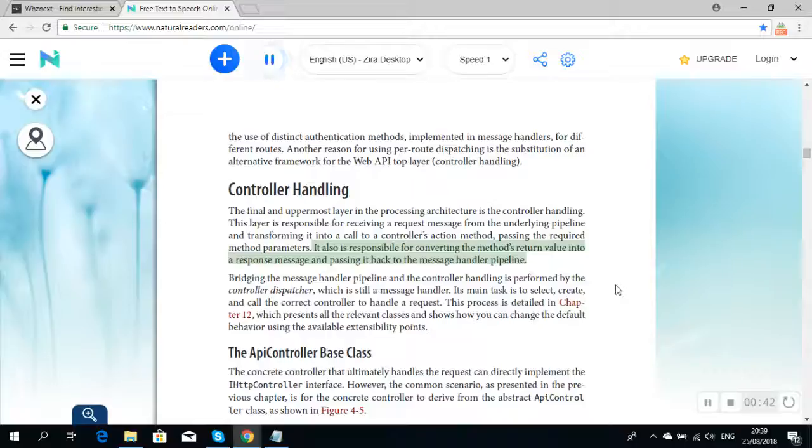message handler pipeline. Bridging the message handler pipeline and the controller handling is performed by the controller dispatcher, which is still a message handler. Its main task is to select, create, and call the correct controller to handle a request. This process is detailed in Chapter 12, which presents all the relevant classes and shows how you can change the default behavior using the available extensibility